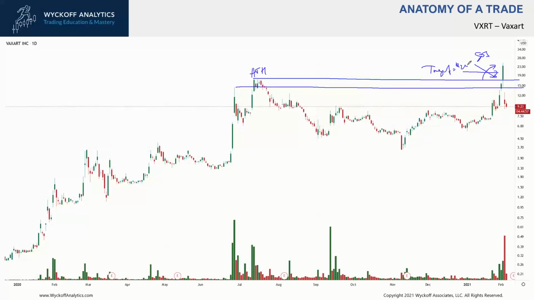And this was not necessarily a PNF count, which you could take, and here it is. Here is your PNF count. I did not do that. You could just approximate the structure as to where the price would go, and then it would react there. So my expectation was that we're going to have this major sign of strength above all-time high, and then